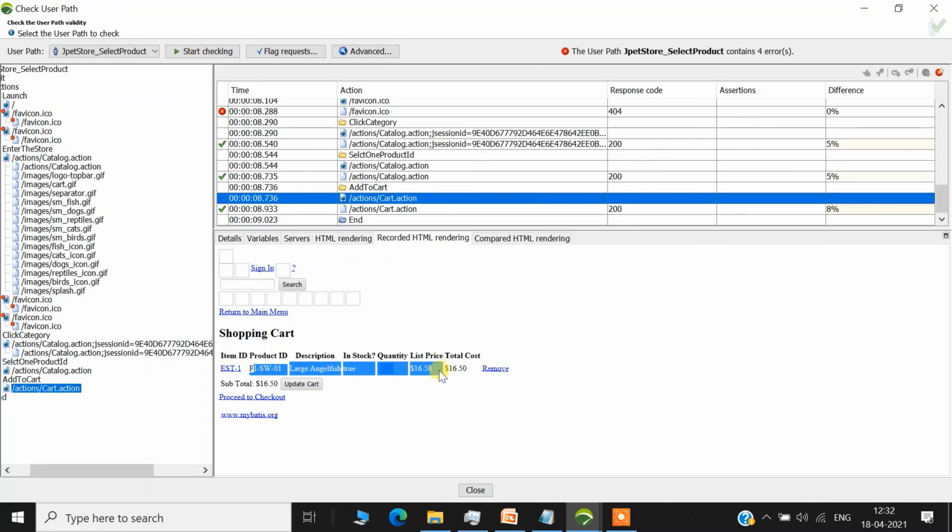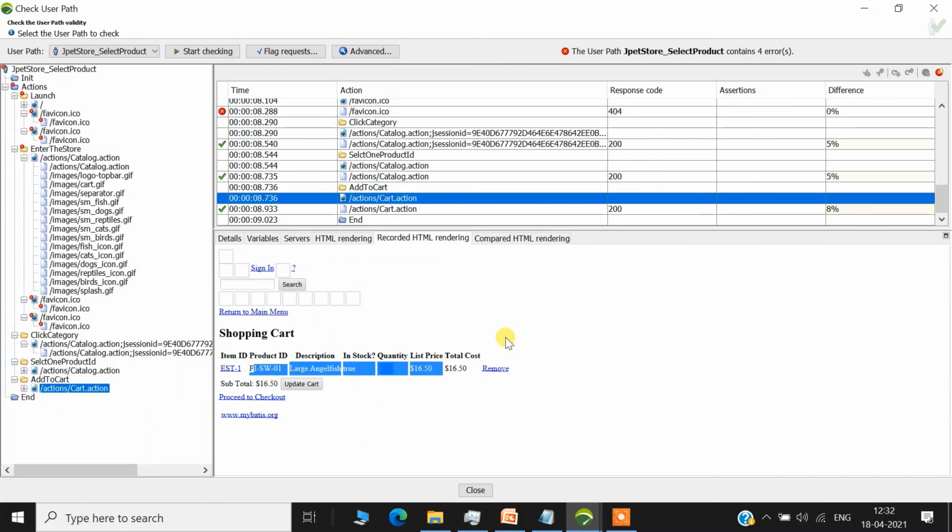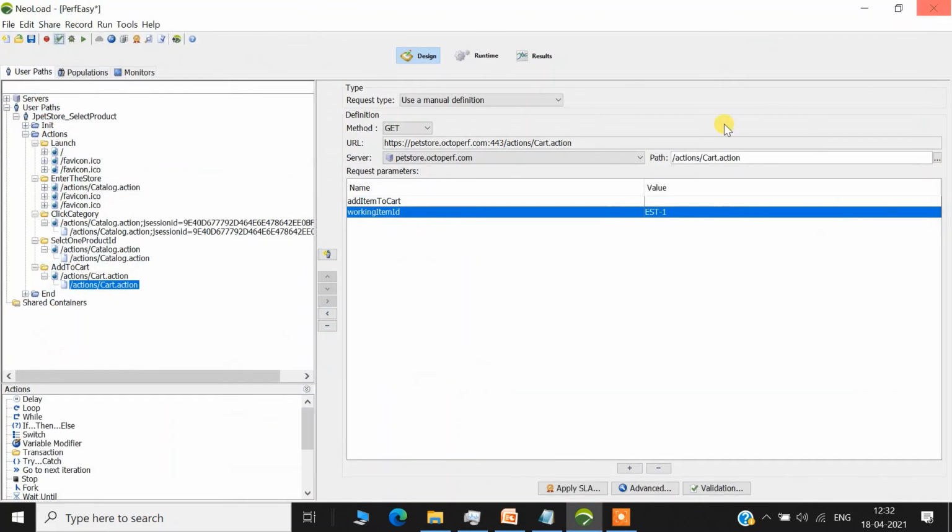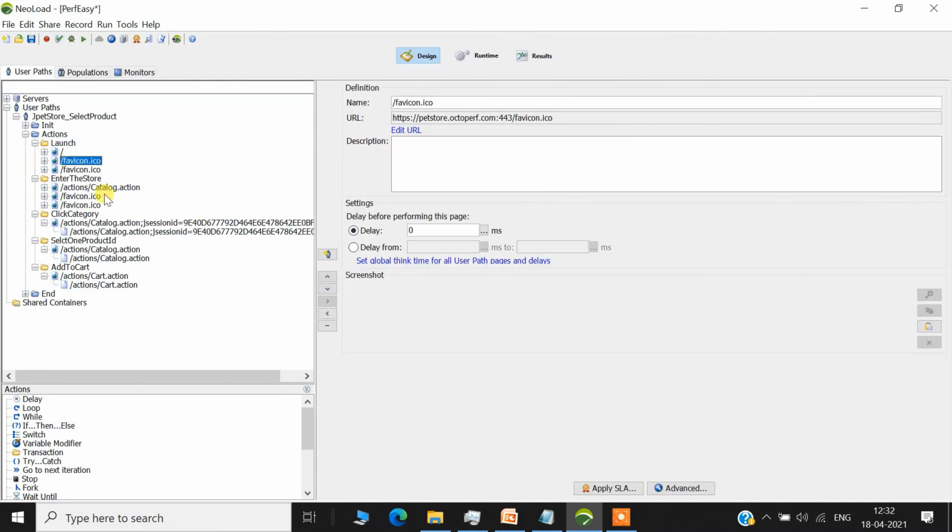I have done the recording as well as the replay, and I have validated that my script is correctly recorded. The next step will be to modify the script. When we are going to do the modification, make sure that you close this check user path, and all the changes that you want to make in the script you should make here.